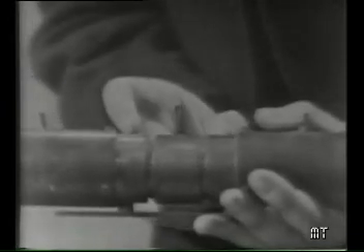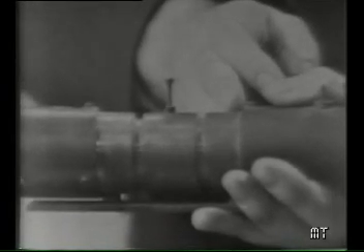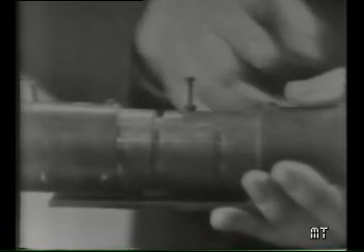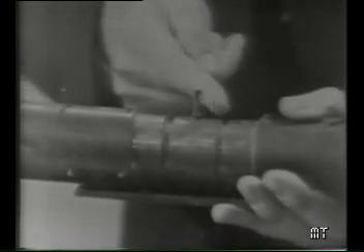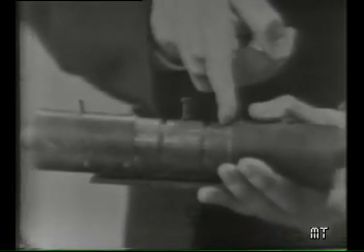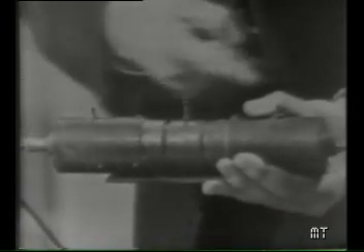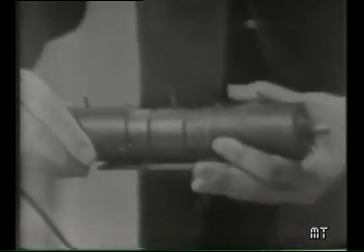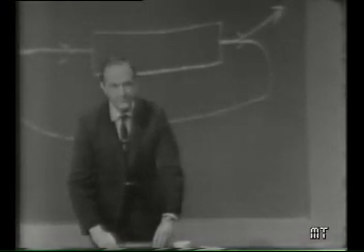The mercury occupied just the middle part of the tube here, and at each end of it there was a quartz crystal which converted the electrical signals into sound waves as they went into the mercury, and then back into electrical signals again to be amplified and put back into the beginning. And so that way we could store a pattern of pulses for any length of time which could represent information